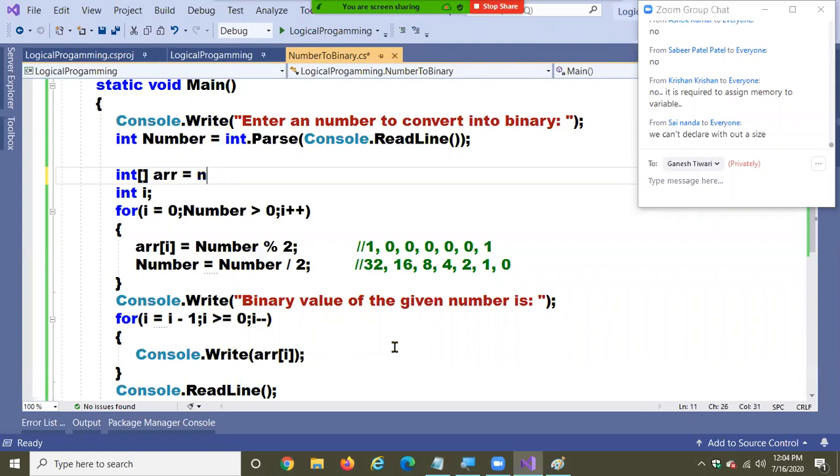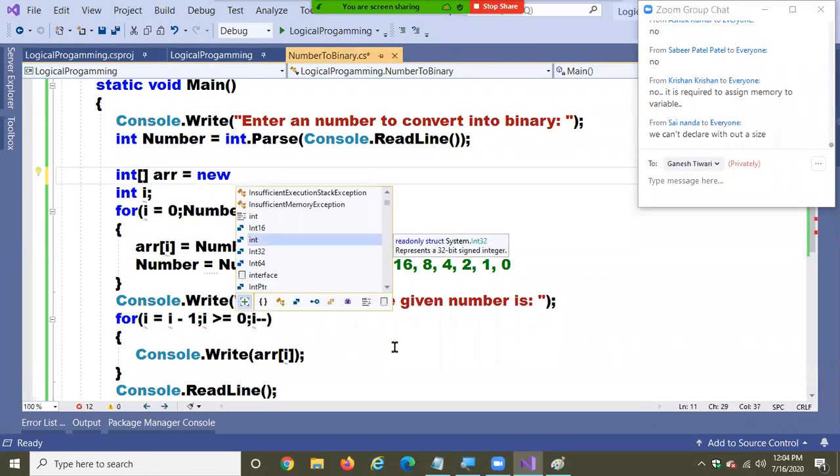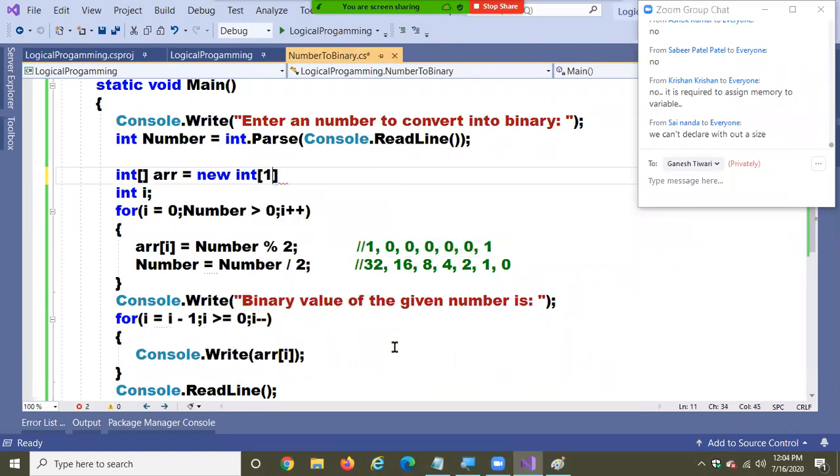Okay. Someone asked a question about a list. If you are aware of a list, I recommend you go with a list. All the people who are aware of the list, go with a list. Those who are not aware of lists, this is the traditional coding, the traditional way of doing it. Is everyone clear?